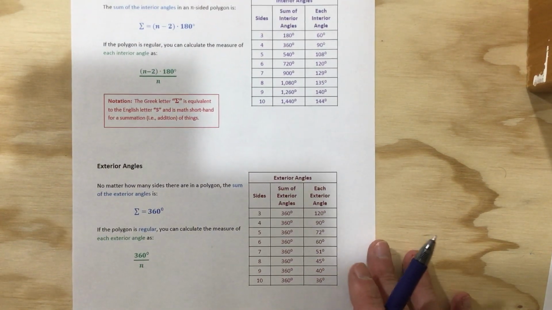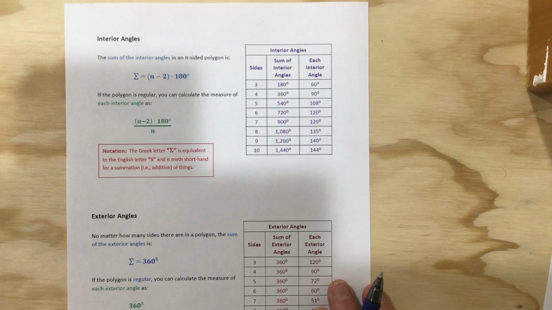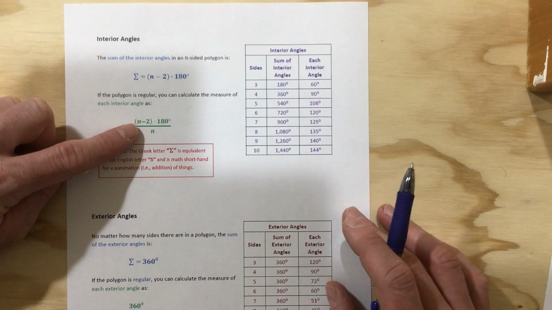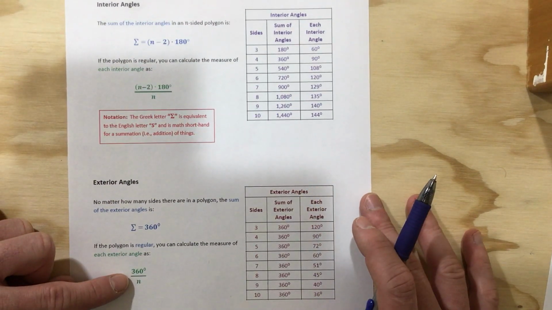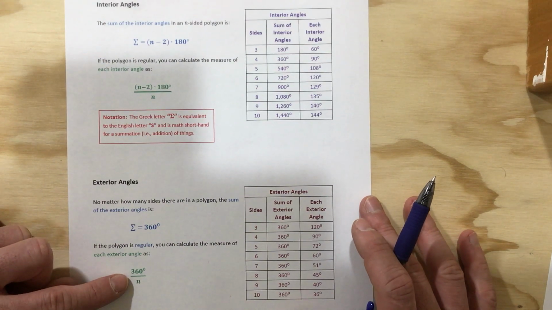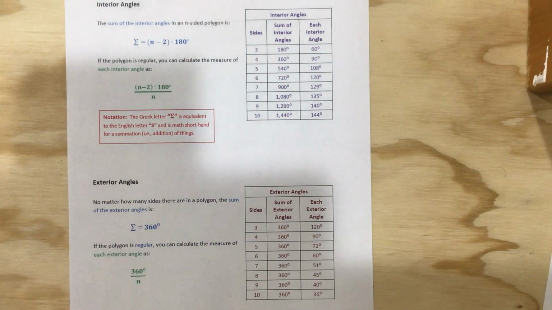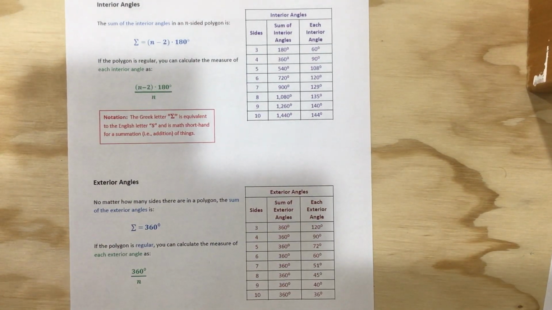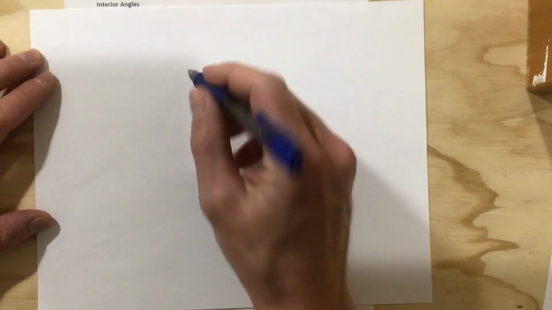And so today's worksheet is really investigating both of these things. It's looking at the interior angles, each interior angle if it's regular, exterior angles, and then each exterior angle if it actually is regular. Okay, so when you work through this problem set, you're going to use these facts. And again, I just want to remind you that it doesn't have to be a regular shape, right? Any